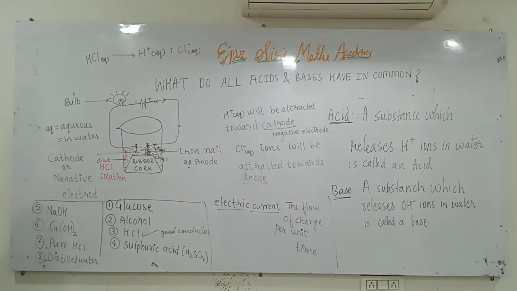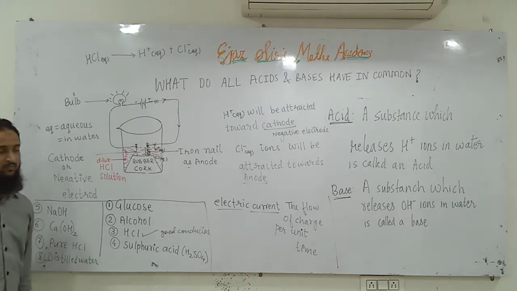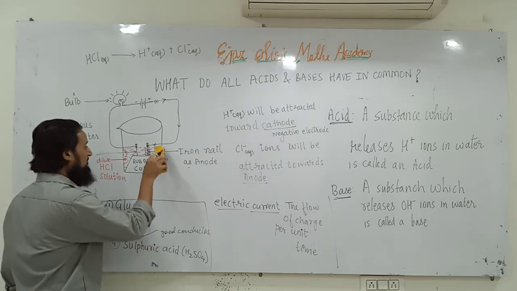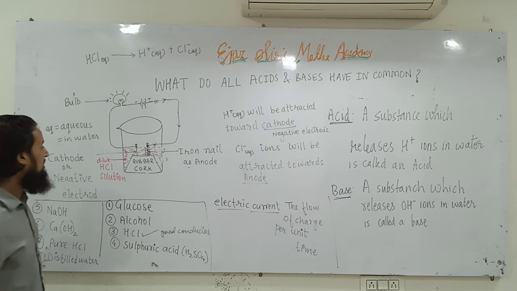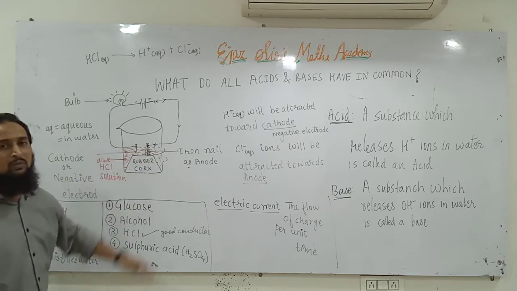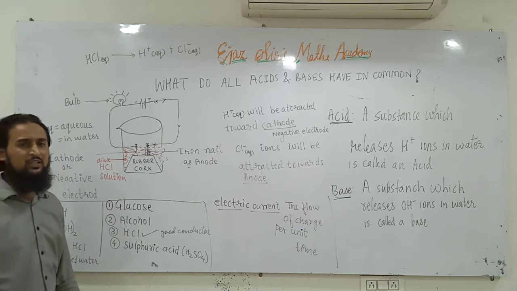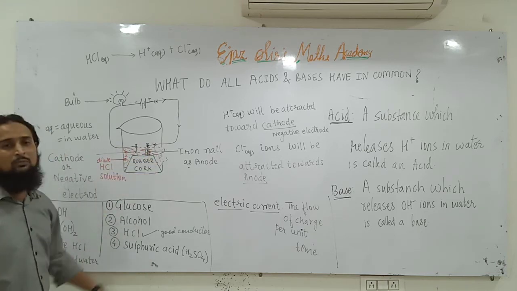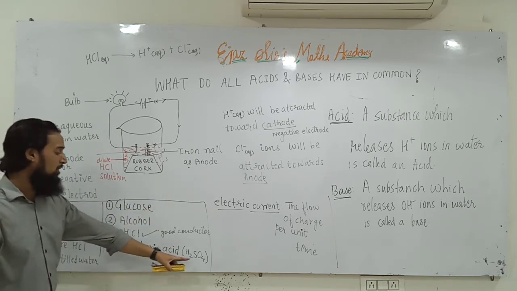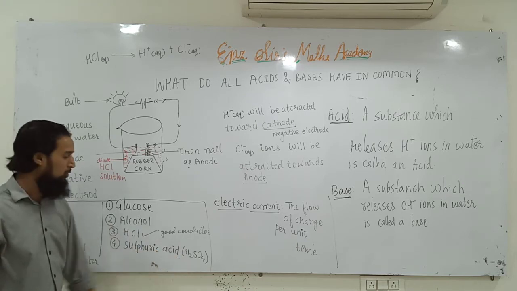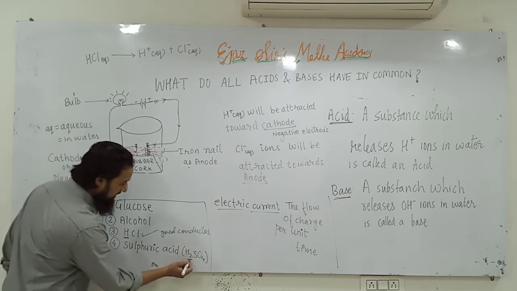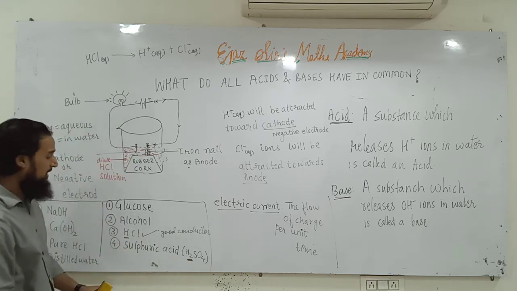Now we will repeat this activity with sulfuric acid. We will remove the hydrochloric acid and wash away all the solution from the mug. Now we will add about 50 or 100 milliliters of water to the mug, and to that water we will add sulfuric acid. The formula for sulfuric acid is H2SO4, and remember, hydrogen is present in HCl, and hydrogen H2 is present in sulfuric acid also.